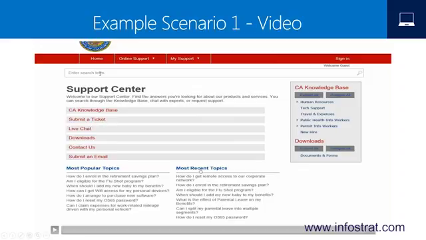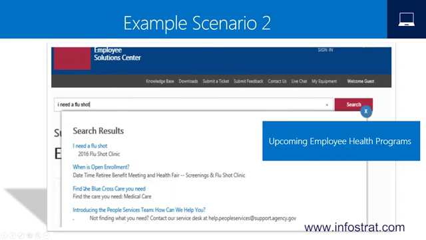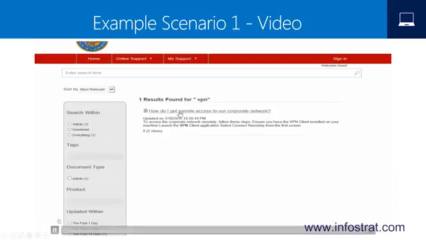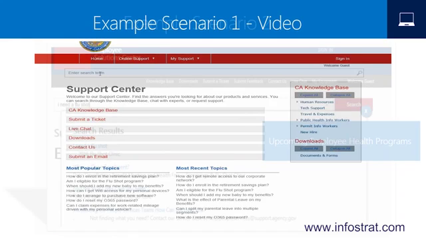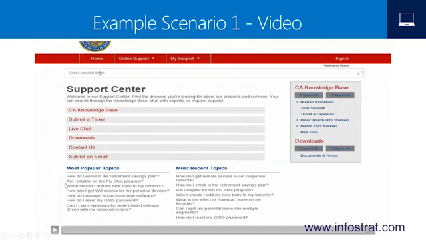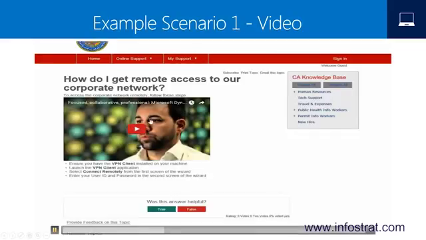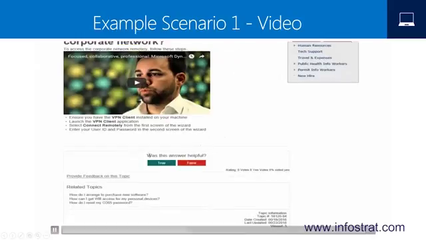So here I've got a portal within my agency, and I've got the ability to browse through topics based on menus. Also, I can see which are the most popular topics, which are the topics that have been accessed recently. All this capability is familiar because it's what we're used to seeing for consumer websites. So I can type in VPN as a search, and then when I get my search results, I can click through,